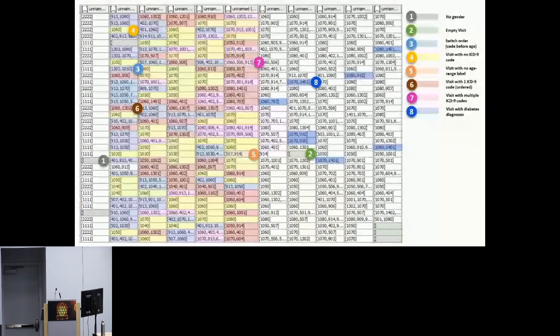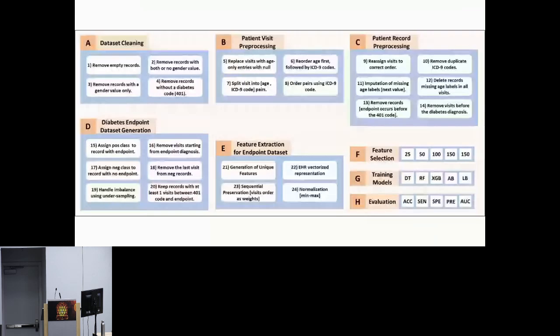This slide illustrates a snapshot of the raw data in the EHR dataset. As we can see here, the datasets exhibit several issues that necessitate several pre-processing steps crucial for training a machine learning algorithm. In this aspect, we have conducted several tasks to transform the dataset into a two-class format. These tasks are visualized in this figure.